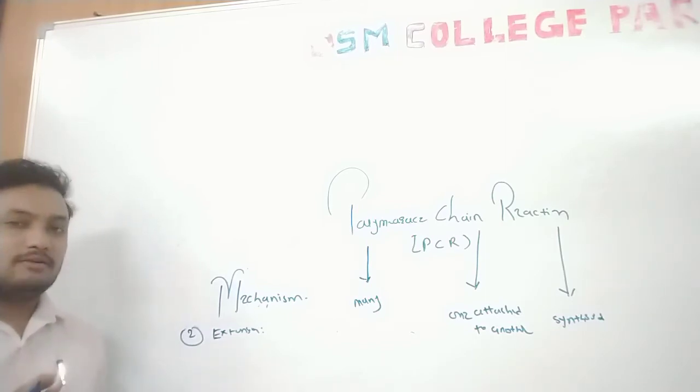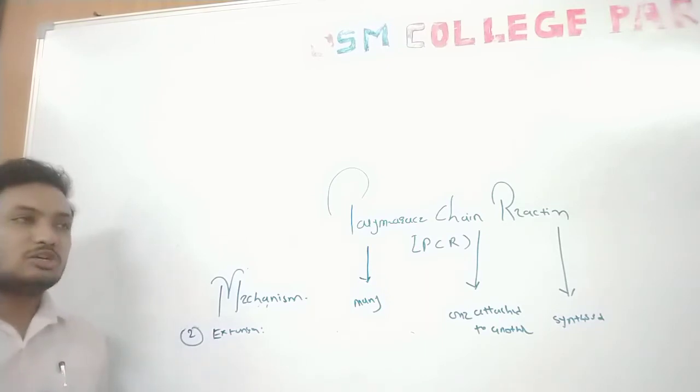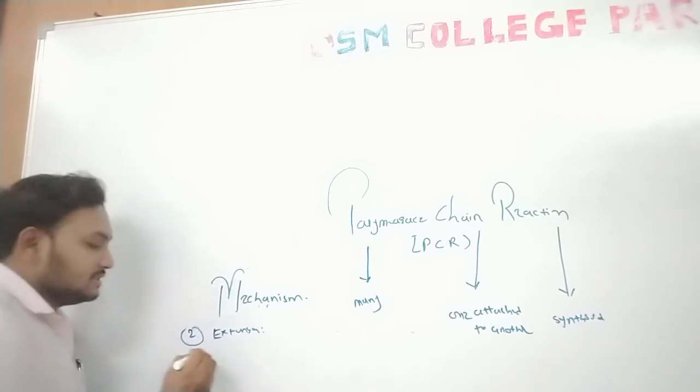So in extension, we need primers, because without primers DNA replication is not possible in the natural manner, nor in the artificial manner. So we are adding artificial primers in the reaction mixture tube in a polymerase chain reaction. In the natural process the primase enzyme adds the primer on the template strand, but in the artificial condition it is not present in the reaction mixture tube. So we add the primers artificially.